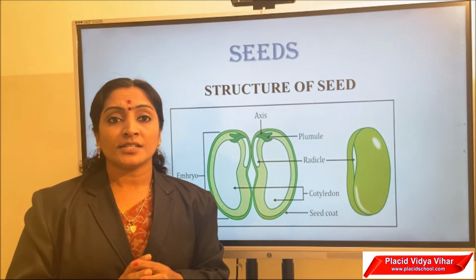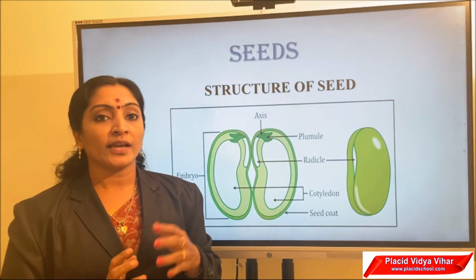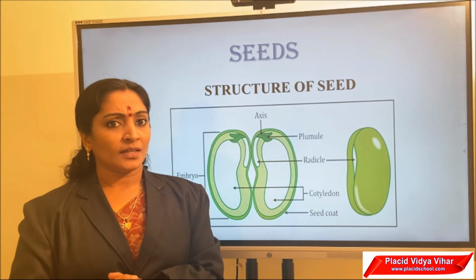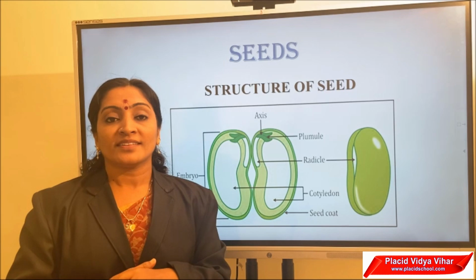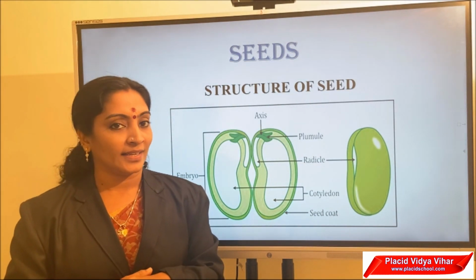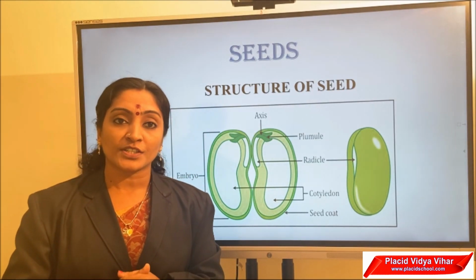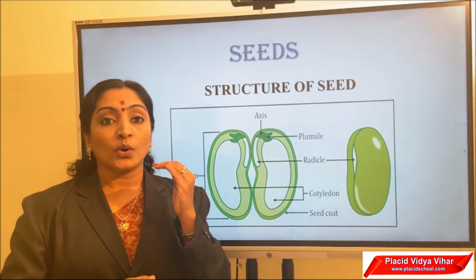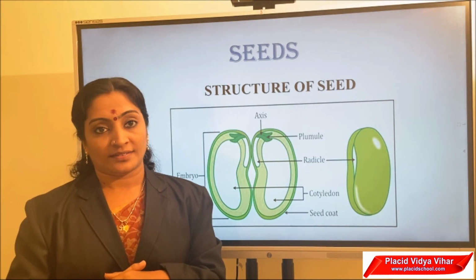So we know that in our kitchen, different types of dry seeds are present. Where are they kept? They are kept inside airtight containers. Then why is there no germination process? That is because suitable conditions are not present inside the airtight containers. So you just think, what are the suitable conditions needed for germination? The germination process takes place only if the seed gets suitable or favorable conditions.